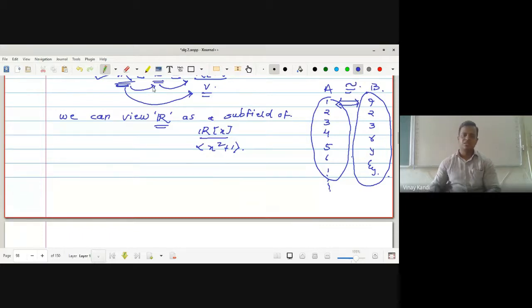So here C is isomorphic to R[x]/V and R is a subfield of C. So we can say that this R is a subfield of R[x]/<x^2 + 1>. Okay, so identifying the small r belonging to